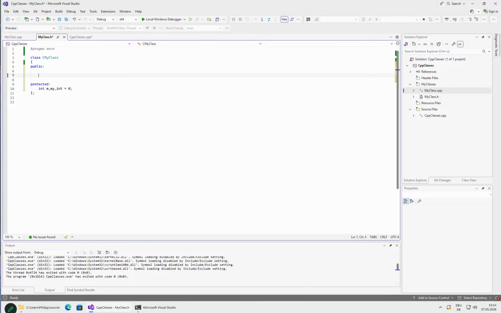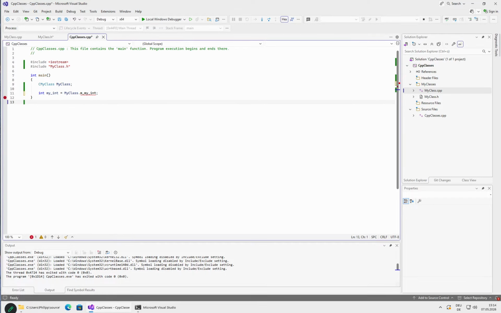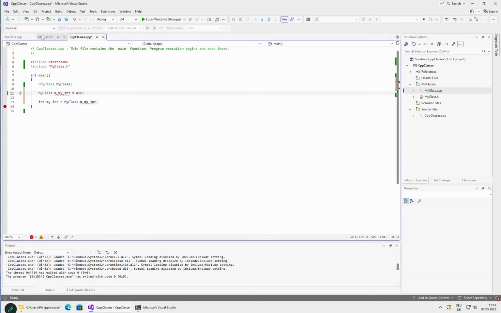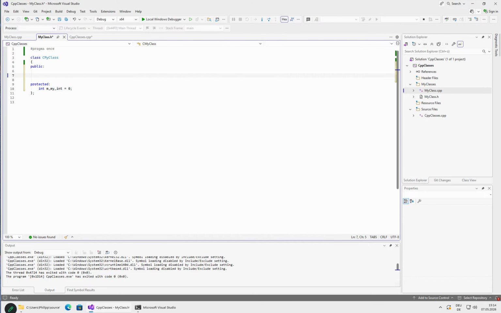So the way you would normally access such, of course for reading it's not so critical, but for setting, if this thing would still be public, we could then still set this to 456. Of course now it's complaining because it's already protected, but the whole point is that we would want somehow a more formal way of accessing those things, and usually this is done using a setter or getter function. So void set my int